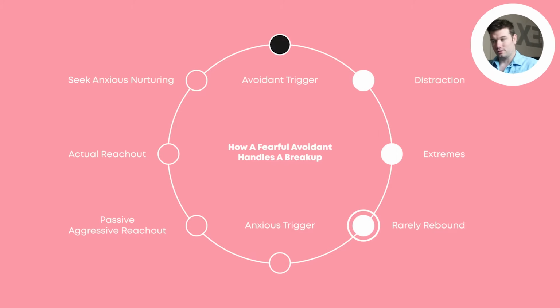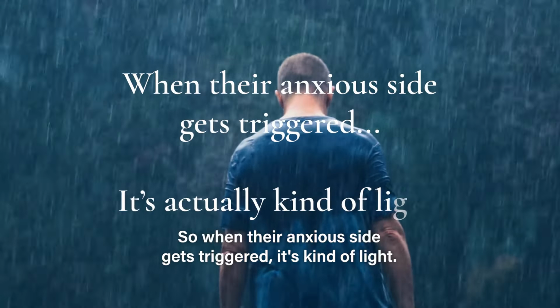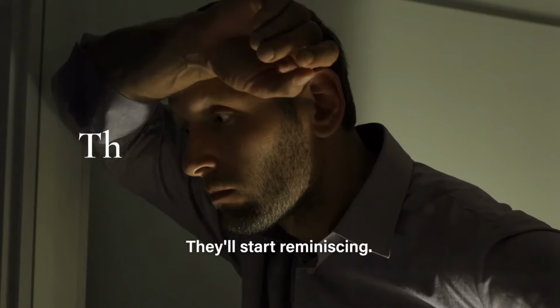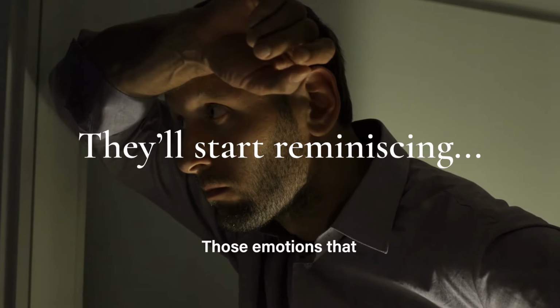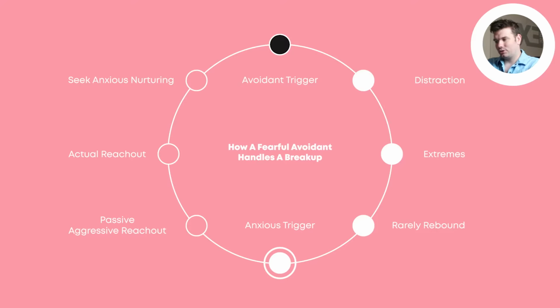But here's the misunderstanding that I think most people have about fearful avoidance. They think that it's as simple as a light switch turning on and off. And maybe from the outside looking in, that's what it appears to look like to you, but internally that's not at all usually how it feels to the fearful avoidant. So when their anxious side gets triggered, it's kind of light. They'll start reminiscing. Those emotions that they've been suppressing slowly bubble their way to the surface, and eventually they'll reach